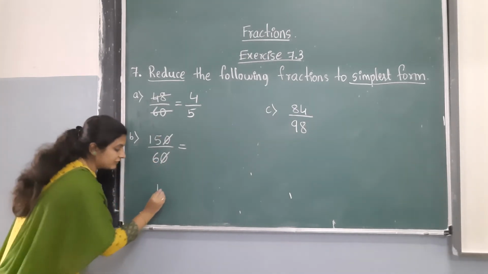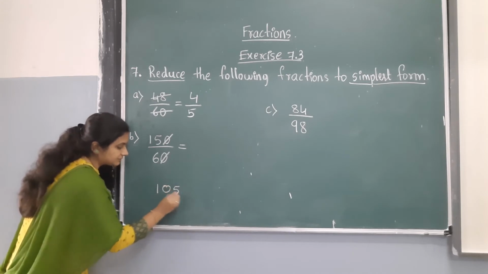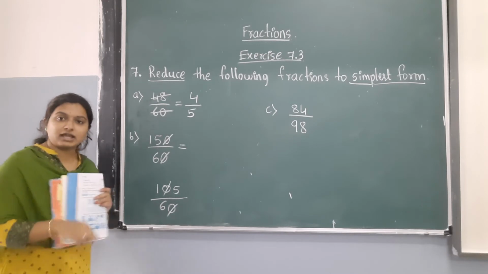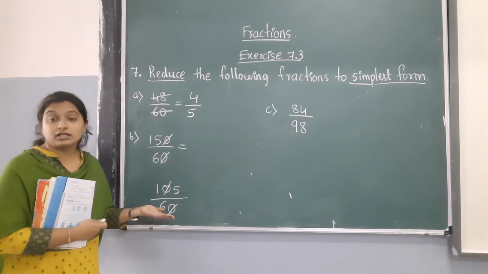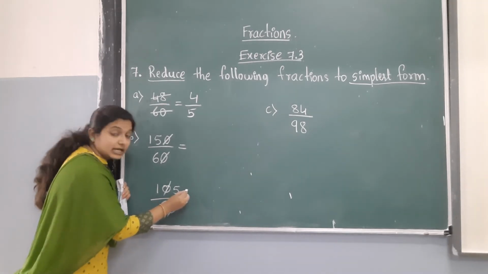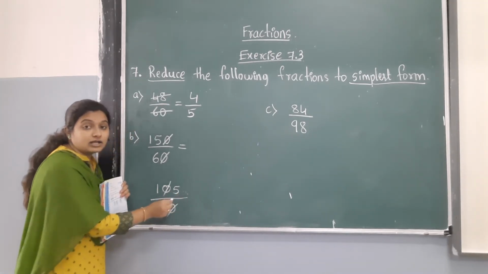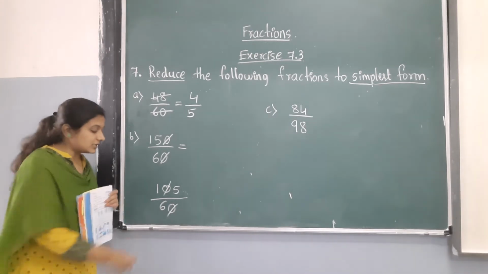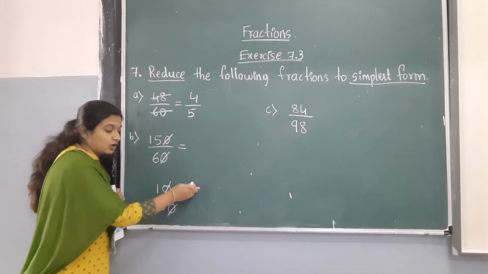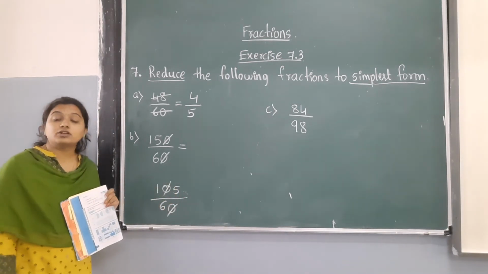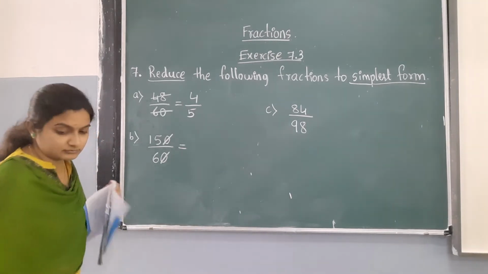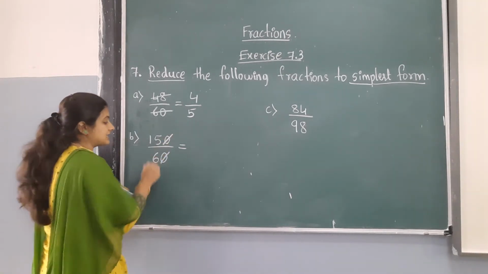See, for example, if it is like this. Teacher, here 1 0 is there, here 1 0 is there. We can cancel, teacher? No, children. You can cancel the zeros when they are in the units place or tens place. Otherwise, you cannot cancel. See here, after 0, a number is there. After 0, a number should not be there. Then only we can cancel. Understood? So, 0, 0 get cancelled.